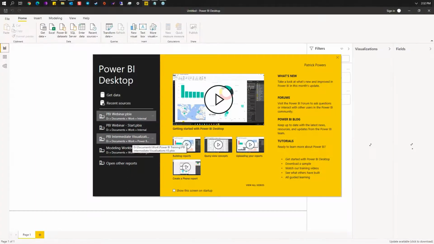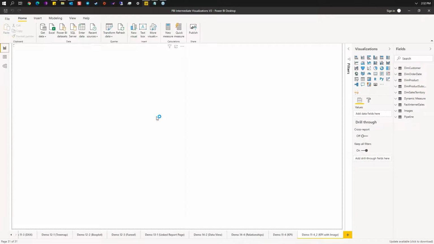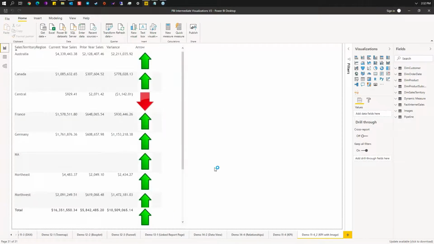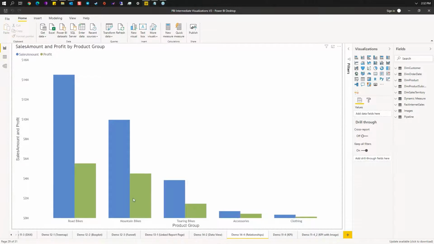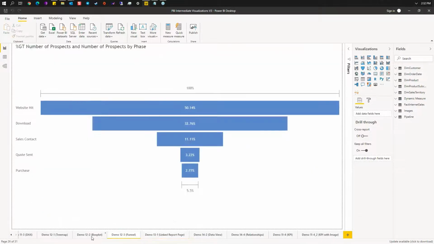Nothing there, just a lot of interest in getting the file. So no problem. I want to show you this completed workbook from our intermediate visualization class, where we do go into a lot of these things. A lot of the screenshots you saw today come from this class,